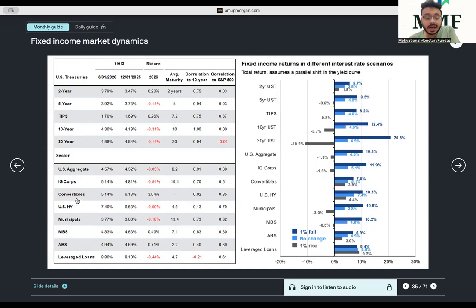So US aggregate and IG corporates, they have a closer correlation towards the US 10-year, whereas convertibles will have a higher correlation towards equities because they will get converted to equities. Even your US high yield will have a higher correlation towards the S&P 500 and not the 10-year because US high yield is a risky instrument and equities are also risky. So hence the US high yield will be having a higher correlation with the equity markets, 0.79. Convertibles because they will get converted to equities later. That currently they are the fixed income, correct? So again, this fixed income will get converted to the S&P 500.